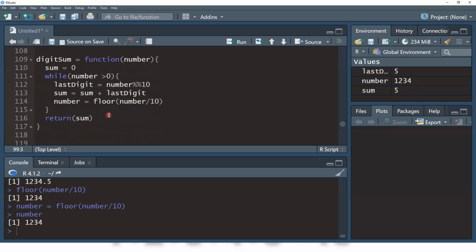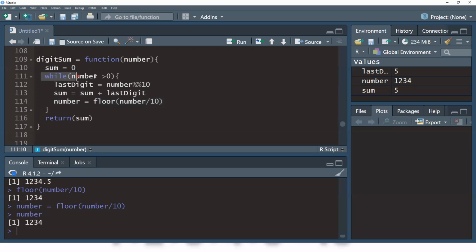So here, what have we discussed? That's initializing the sum equal to 0, right? And collect the last digit, right? And put the last digit into sum. Updating the number, that means removing the last digit to have a new number.